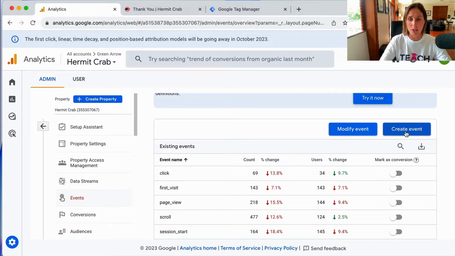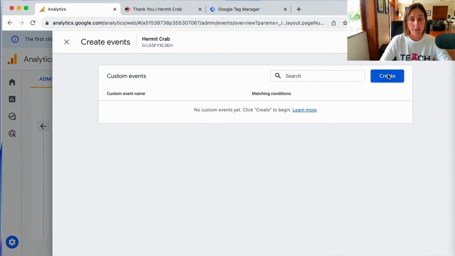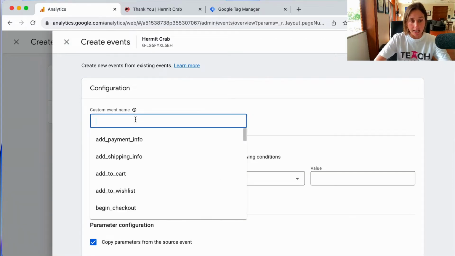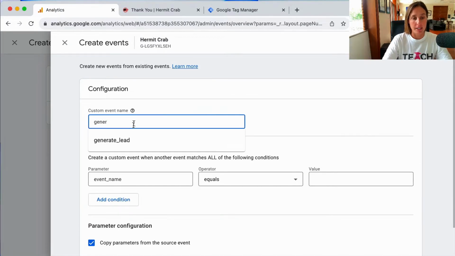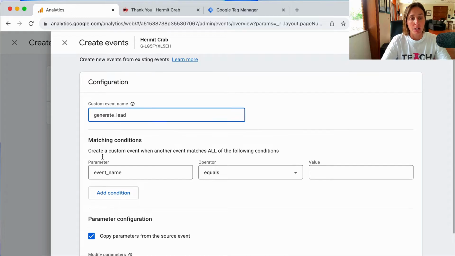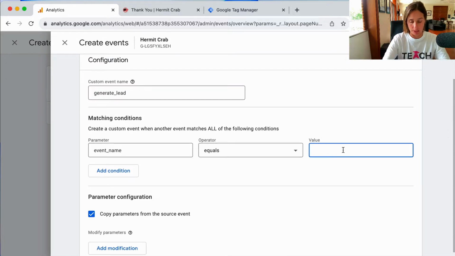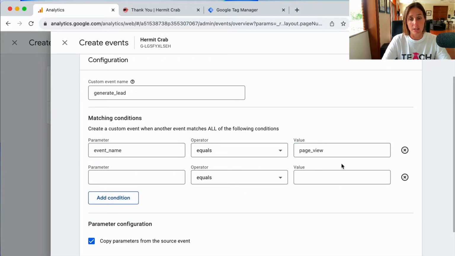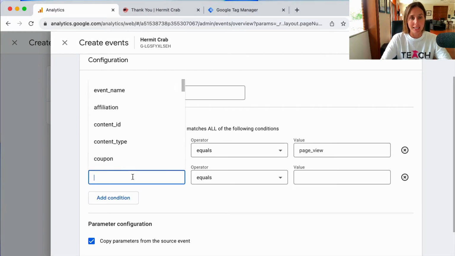So what we're going to do is we're going to go here and we're going to click create event, and I'm going to click create and I'm going to give it a name. So I'm going to say generate_lead, considering this is a lead for the people who fill in the form. And then we need to write the conditions by which the event must qualify for it to be registered as an event. So the parameter is event name equals, and we're going to say page_view because we're going to be calling on the page view event, but we're going to add a further condition. And if we don't do this, then all page views will be labeled as generate lead, which we do not want. So we need to then say that